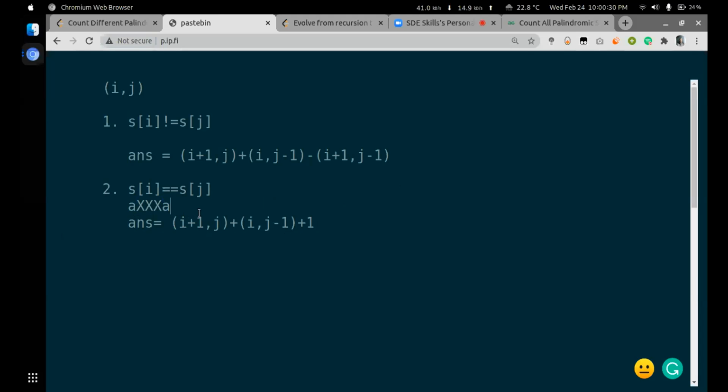But there is another thing. You also take into consideration the number of palindromic subsequences between I+1 to J-1. And you subtract also, because when you take I+1 to J and I to J-1, the I+1 to J-1 part is being taken twice. So because of that, you are doing a plus and a minus. As a result, you get the formula you have written on the last line. You mean the one he has written in the first case, correct? Yeah, the first case and +1 and the plus of I+1, J-1.